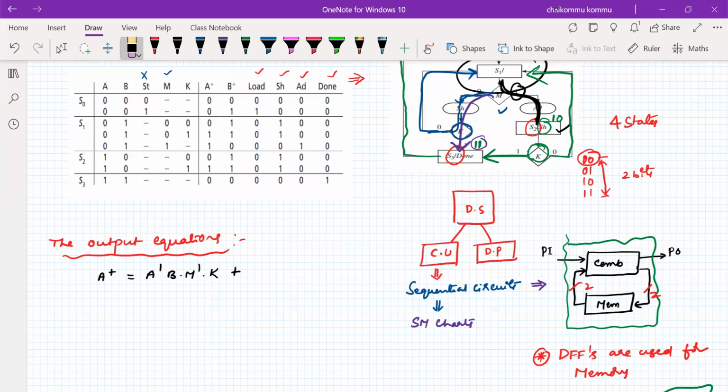Did you understand how I wrote it? So you can see here is the logic 1. A plus is logic 1. If you want to get the output A plus equal to 1, this input, this input and this input are responsible. So that is the input combination I have written. Similarly, I want to have this one. So this one is important. That means A complement, B into M, plus another one is also there. In that case, A, B dot K. Okay. Similarly, we can generate for the B plus.